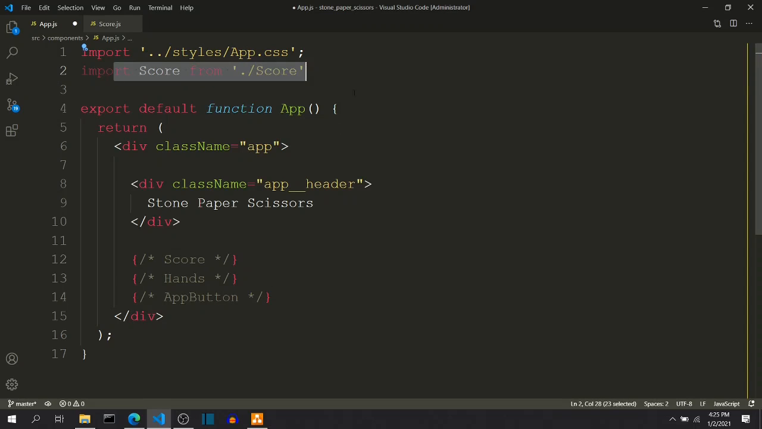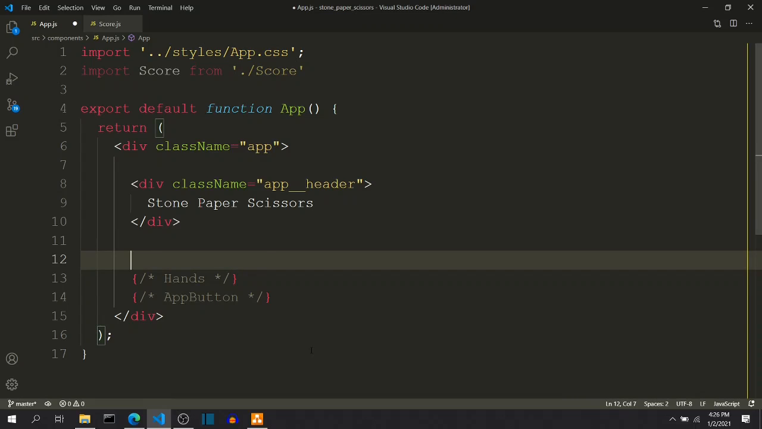And this gets grayed out because we have not yet used this import. So we will fix that now. For using this component inside our application, we want to treat this core component as if it was an HTML element. So we will do this,